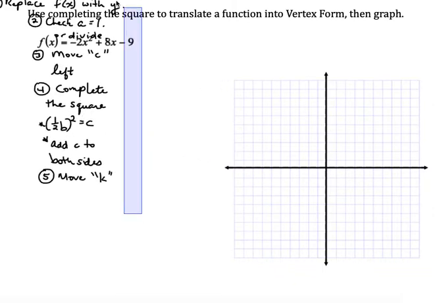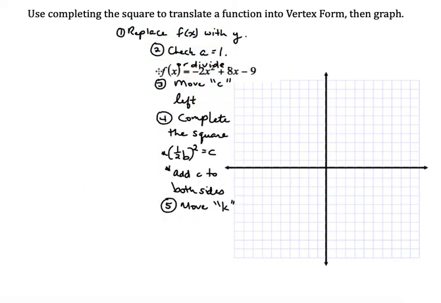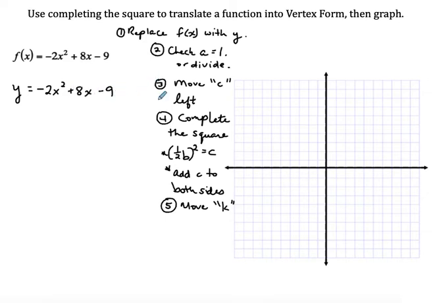Bring these over. So I'm going to replace this f of x with y. So I'm going to rewrite it as y is equal to negative 2x squared plus 8x minus 9. And now I'm going to double check that a is equal to 1, and it is not. So I'm going to need to divide everything on this side by negative 2, because that a value is